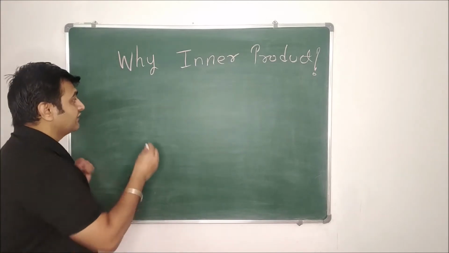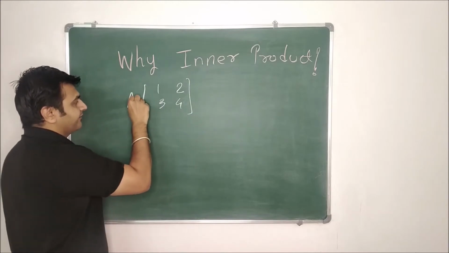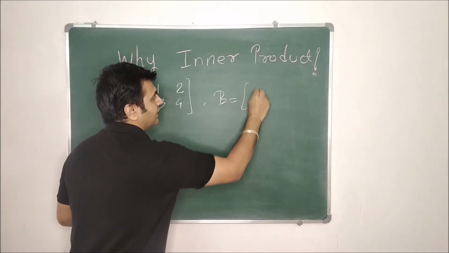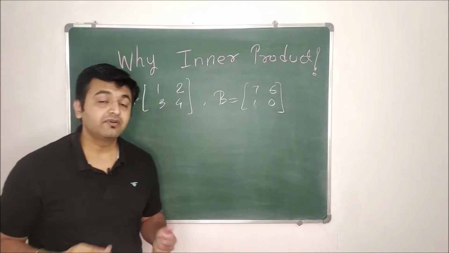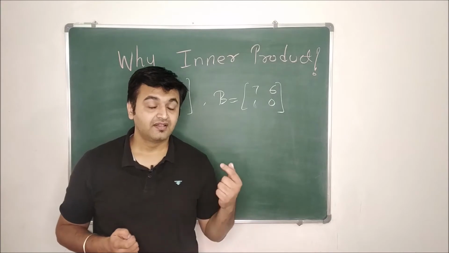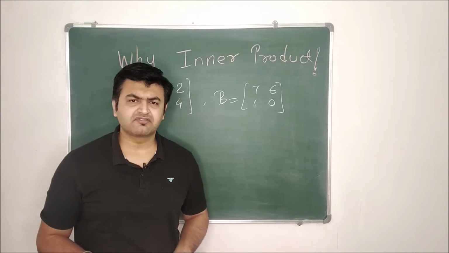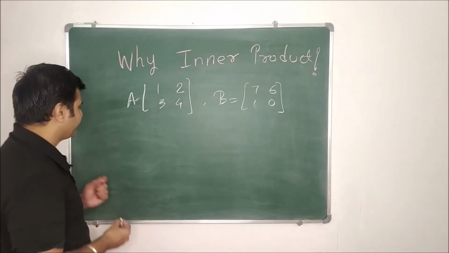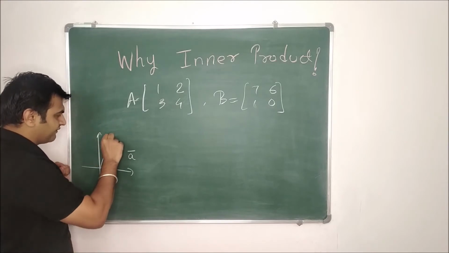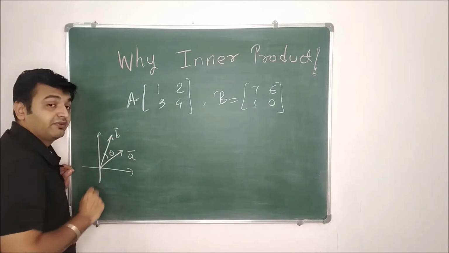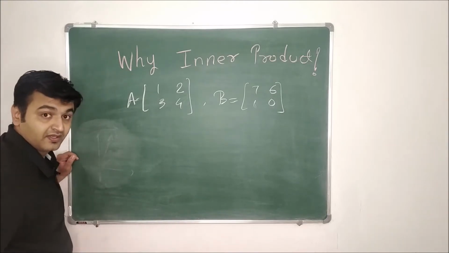Okay, so now suppose I give you a matrix, say 1, 2, 3, 4. This is my matrix A, and if I give you another matrix, say 7, 6, 1, 0. And if I ask you what is the angle between these two matrices, then what will be your answer? If you don't know this fact, then you will wonder whether such a question makes sense, right? Because you have studied the angle between vectors. If this is your vector A and this is the vector B, then you have studied the angle between the vectors. But what about the angle between the matrices, that's the first thing.